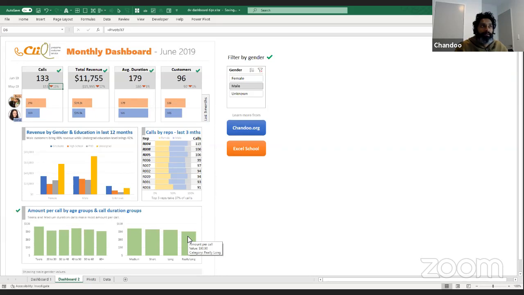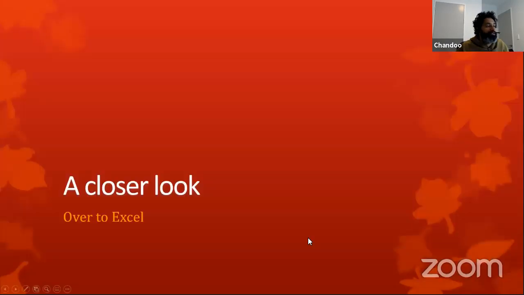Again, some of the people who are building dashboards or who have been using Excel or Power BI for a while might already know the nuts and bolts of how a dashboard like this can be constructed. So I'm not going to spend time on that, but I will talk through the design principles. So let's hop over to the PowerPoint here. I think I'm better off just sharing everything. That way I can just switch back and forth easily.